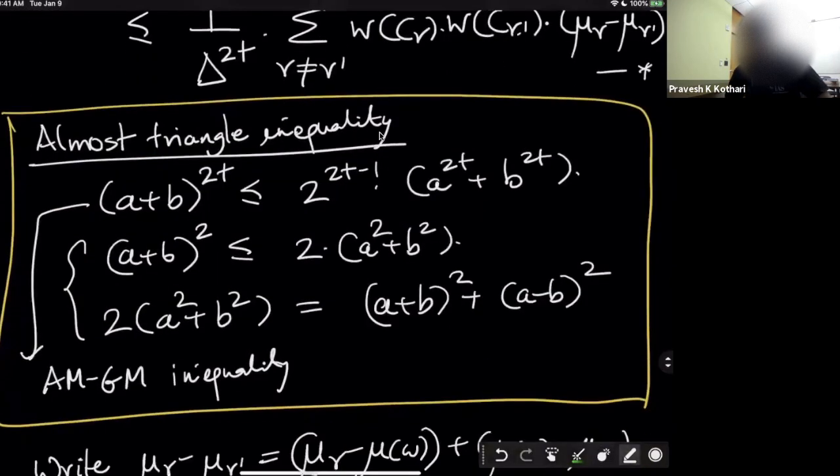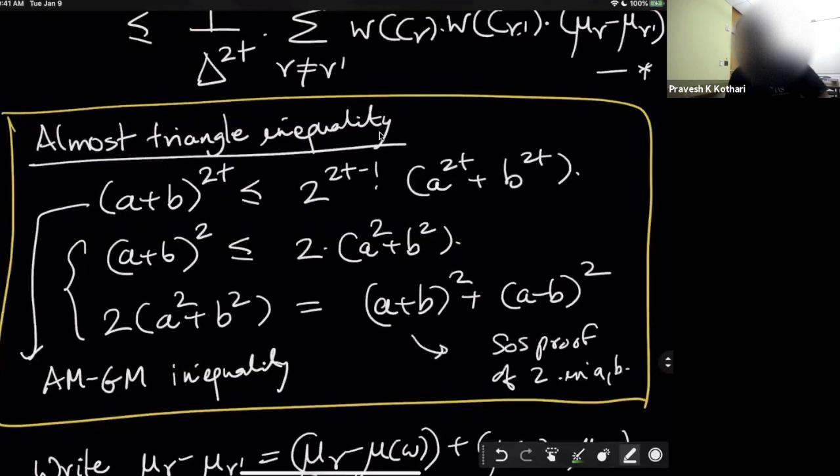The next step uses the almost triangle inequality. And actually, we didn't prove it, but the kind of proof I was suggesting is already a sum of squares proof in the variables a and b. Because look at the identity we wrote down. For at least the case of 2, we proved the inequality a plus b square is at most 2 times a square plus b square by literally writing down the difference of the two sides as a square. Okay, so this identity is a proof